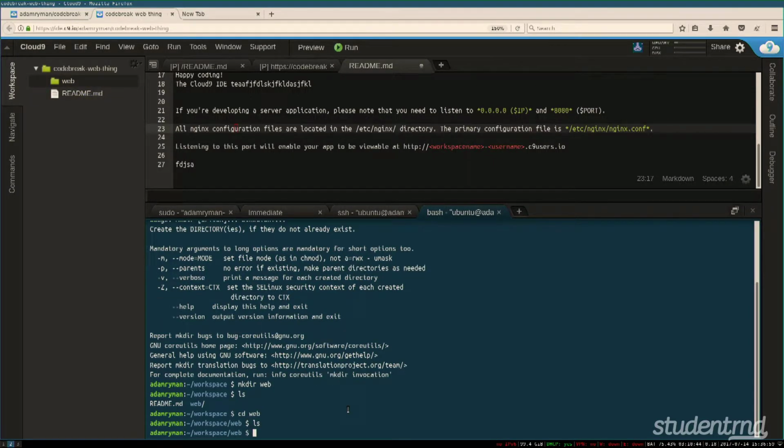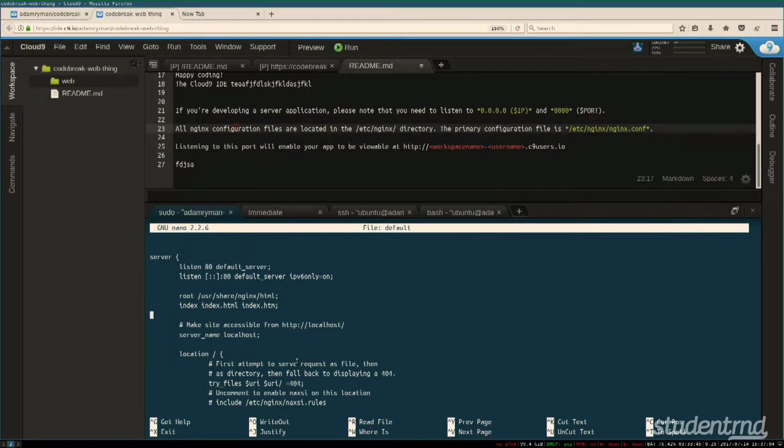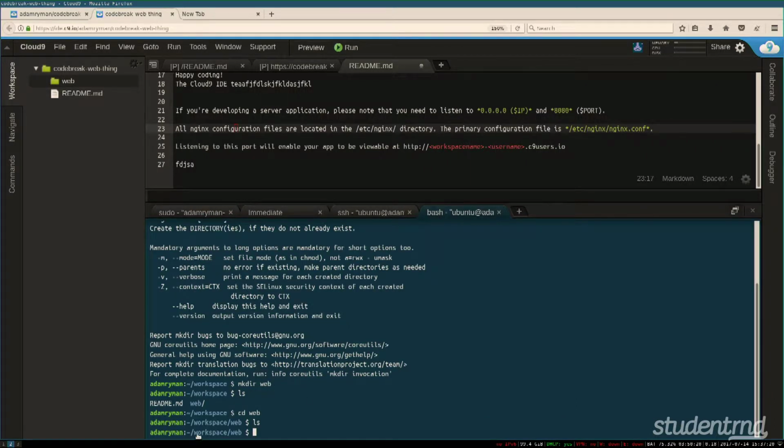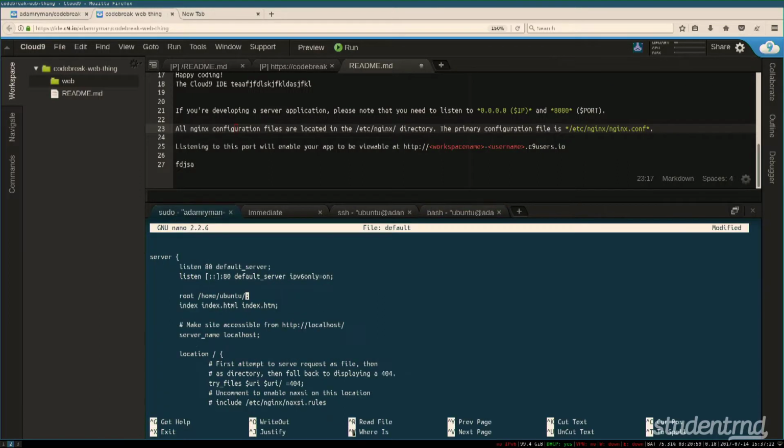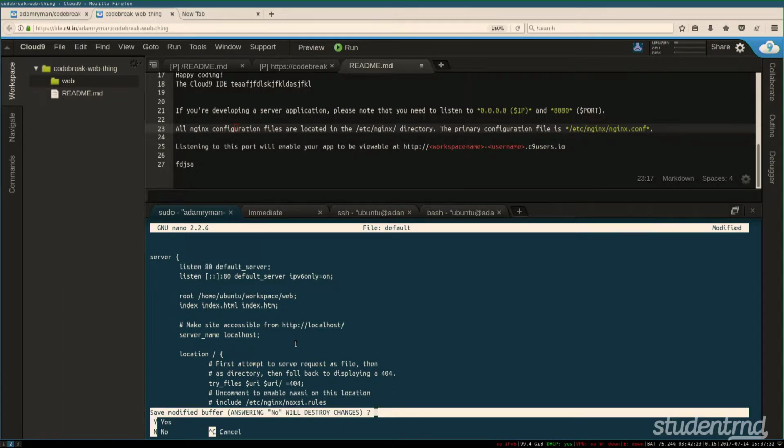So go into here, web, and we're going to change our Nginx configuration so that the root points there, and just see if that works out. So backspace this all, and it was /home/ubuntu/ what was the next part? So backspace, /web, and now we're going to save. So it was Control X, yes,